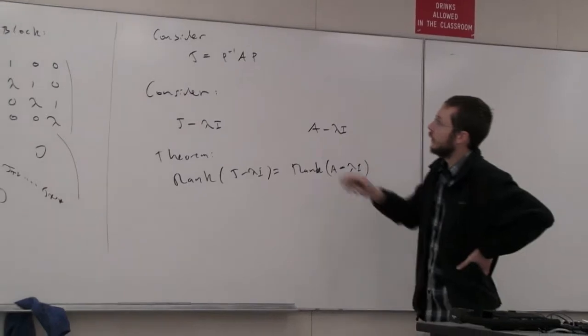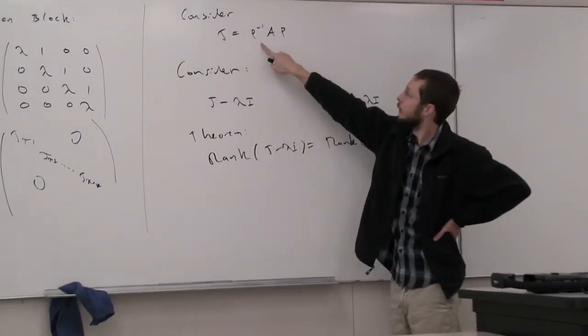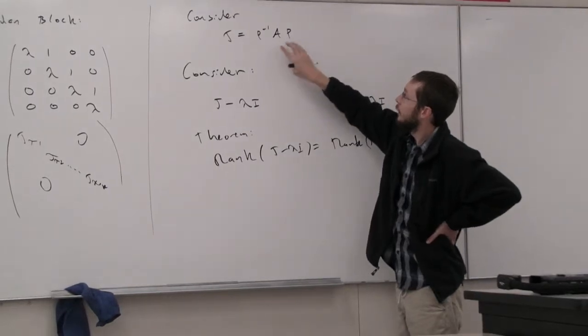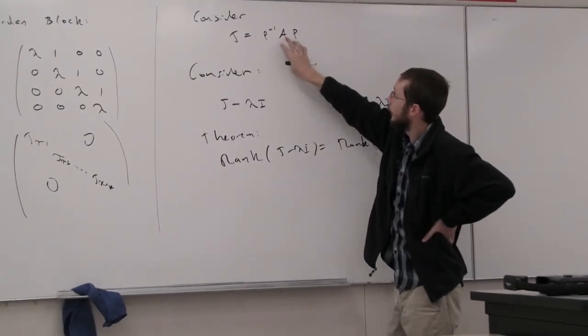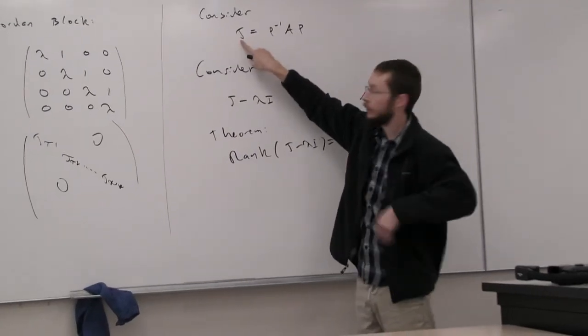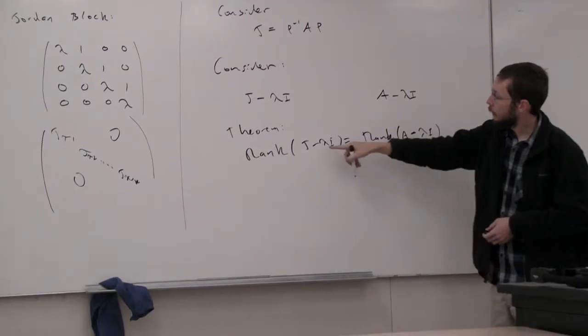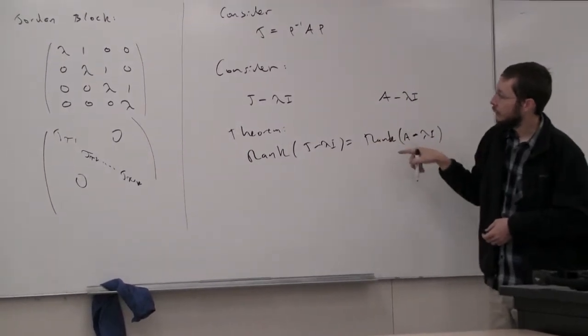And to see that, we'll use that previous comment that I made, that if you have a change of basis, P inverse AP, the rank of A is going to be the same as the rank of the new matrix that it's transformed into. Okay, so let's go ahead and justify this theorem